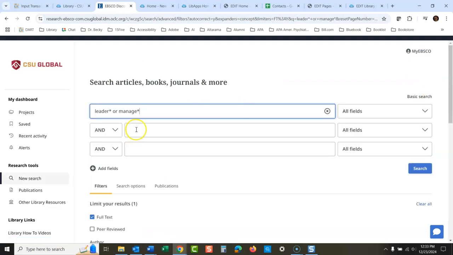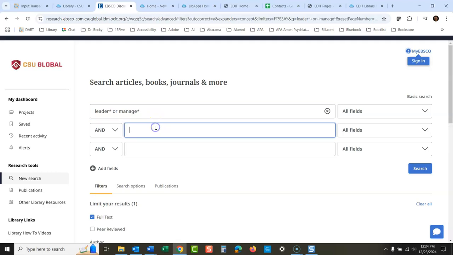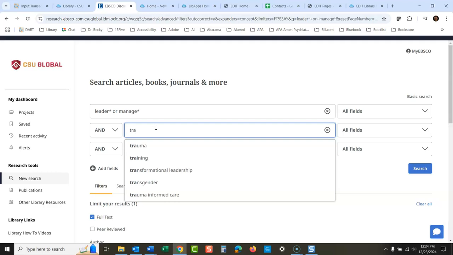The next thing now, I'll use another box. So I want to keep the ideas that are similar all in one box. Okay, I want this or this. It's kind of, I'm talking about the same thing. Let me go down here and let's get more specific. How about different versions of leader or manager? How about transformational leadership? You probably know what I'm going to do here. It might be transformative, might be transformational. I'm going to go right there,